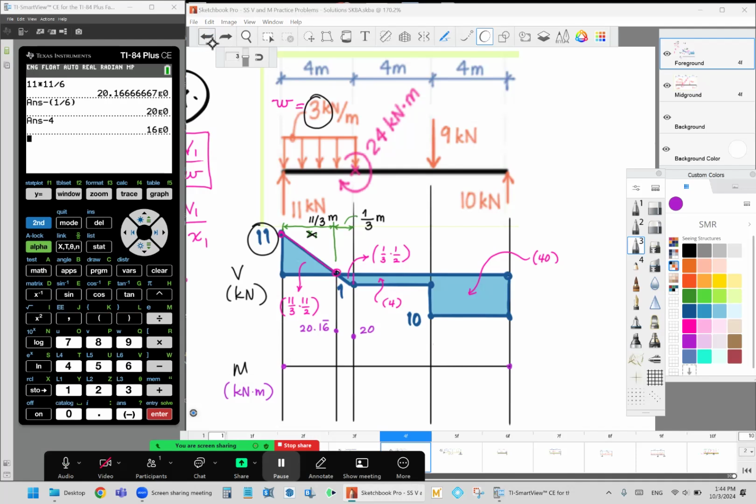Oops, I forgot something important. Okay, so I'm gonna add 4 to get back to my 20. Okay, so I'm here at 20, and this, what I almost forgot, I don't want you to ever forget, which